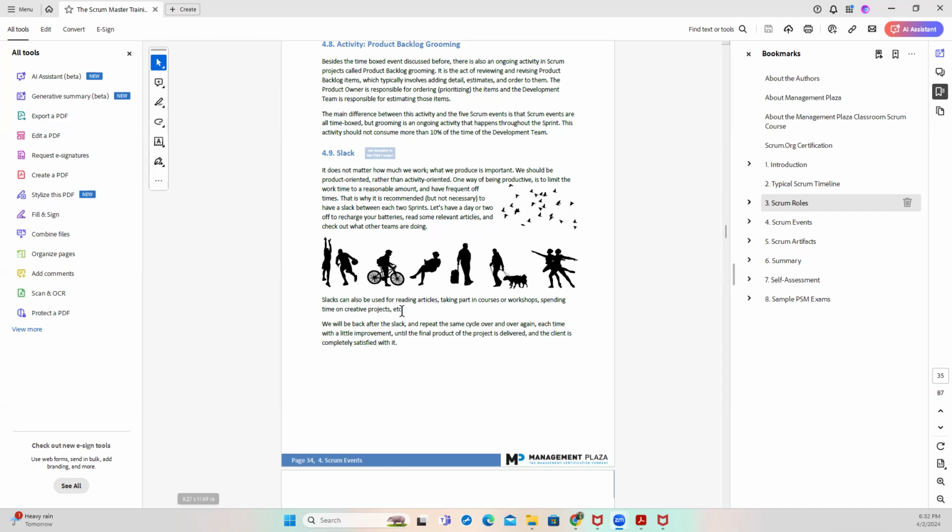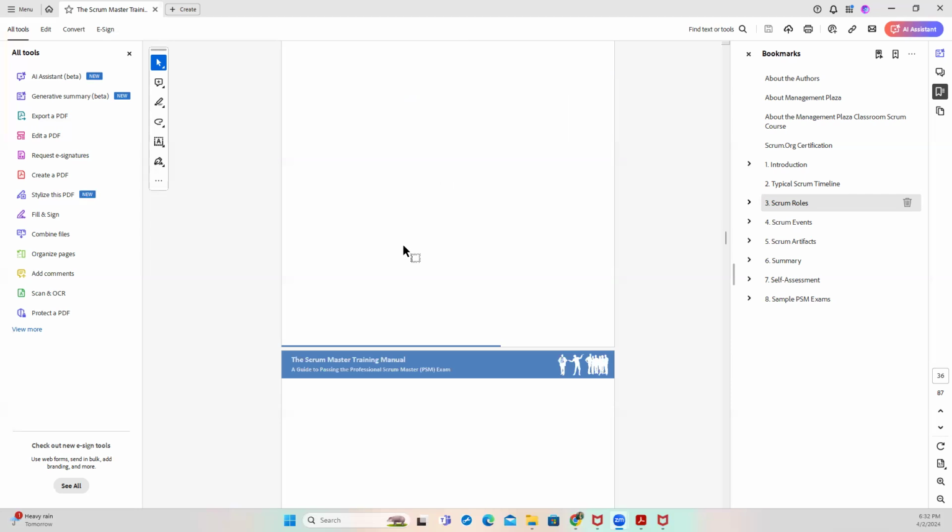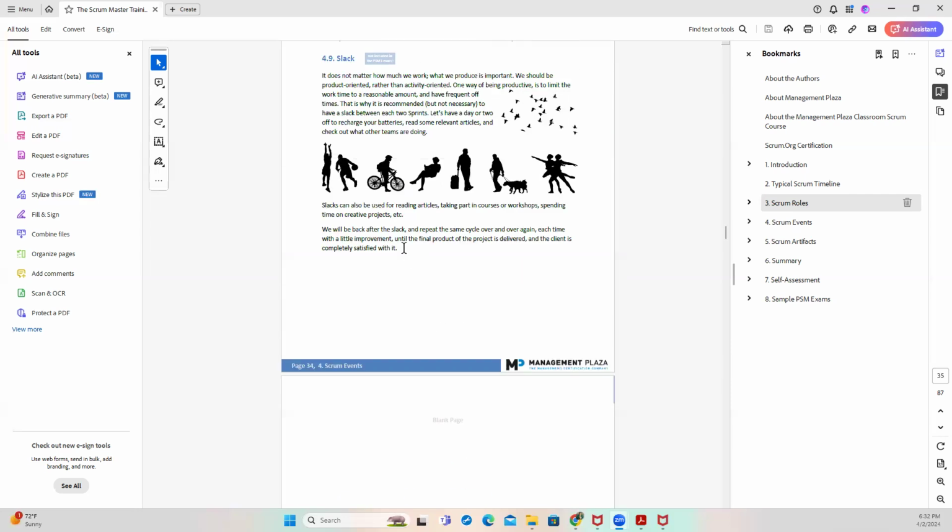So most teams will always say they are using it to, what's the word? I think to study. There's a word for it. Okay, reading articles, taking part in courses. Yes, workshops. Perfect. I've always heard my husband saying they talk about workshops. Most of the teams will talk about workshops, that's what it falls under, so that your company doesn't think that you're wasting time and their money.